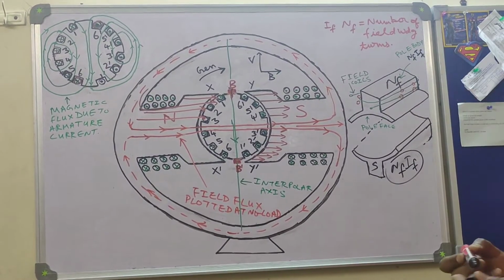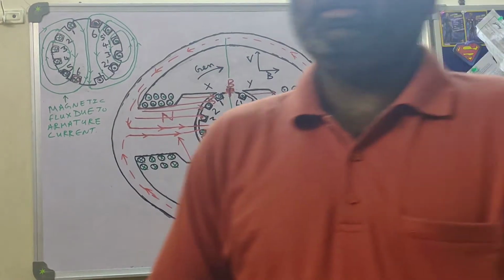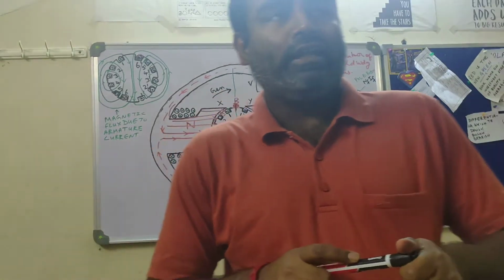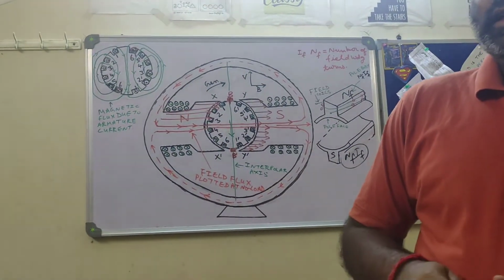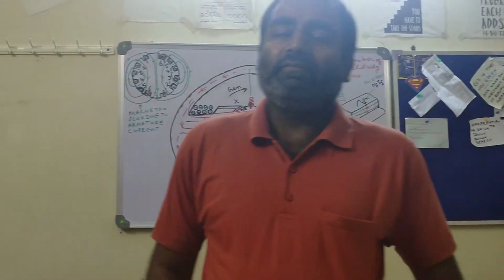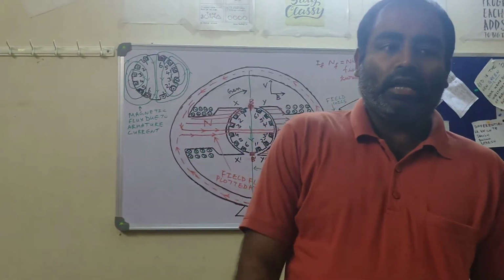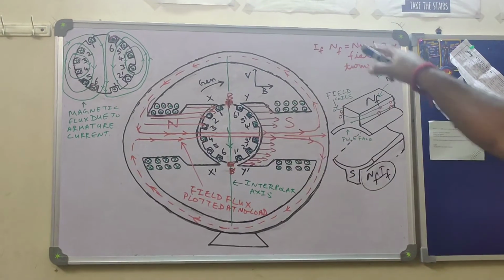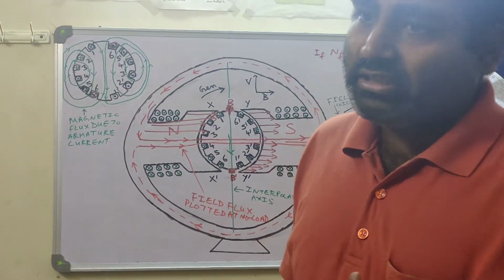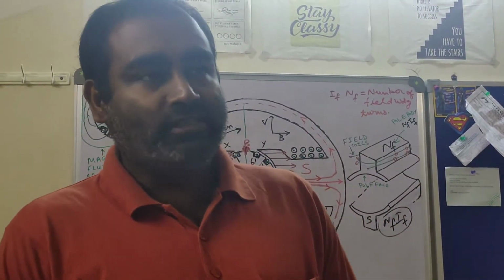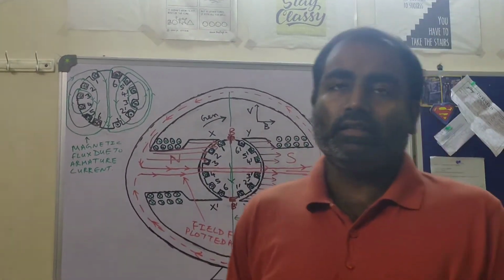Okay. Now just to keep uniformity or parity in my video lectures, I would like to take up the same convention which I have taken earlier while explaining the armature MMF distribution. If you go to the video lecture of my armature MMF distribution, you will find that I have taken cross current to be positive and dot current to be negative. So while plotting the space variation of field winding MMF, I will stick to the same sign convention which I have taken earlier while plotting the space distribution of armature MMF. That means I will take cross current as positive and dot current as negative.